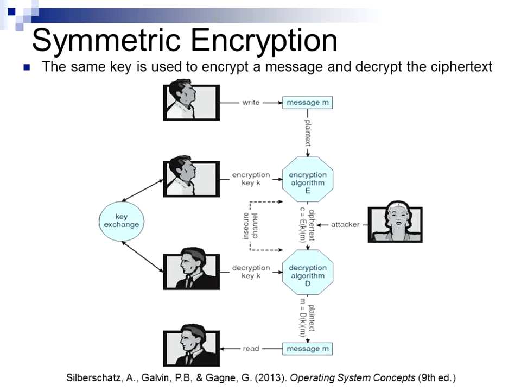With symmetric encryption, the same key is used to both encrypt a message and decrypt the ciphertext. Okay, and this gives you a nice example of how it can be used, where a message is written and then it gets encrypted. The sender and the receiver both know the key, and then the receiver can decrypt the message, but the hacker, the attacker, the cracker, whatever you want to call them, can't understand the message because they don't have the key.